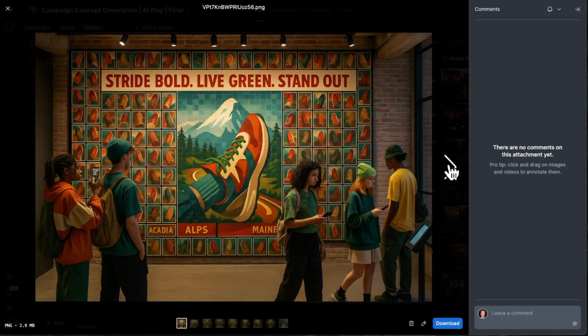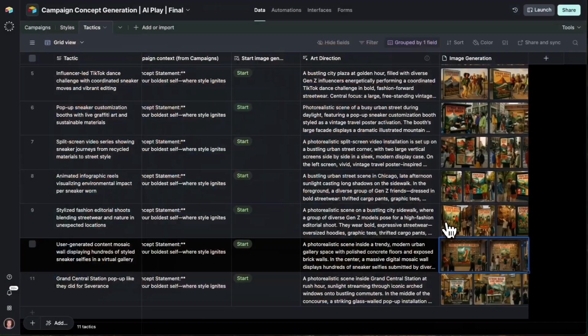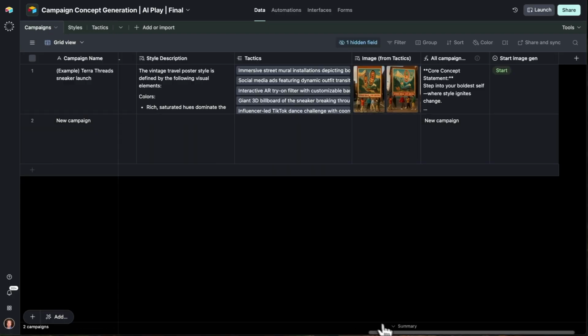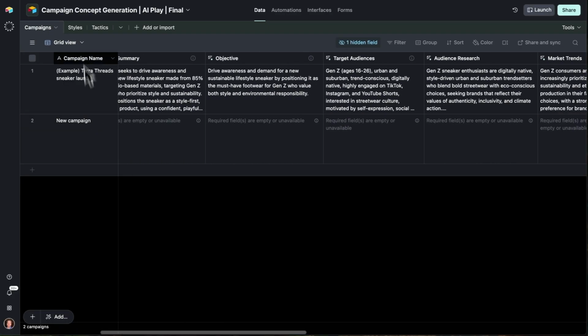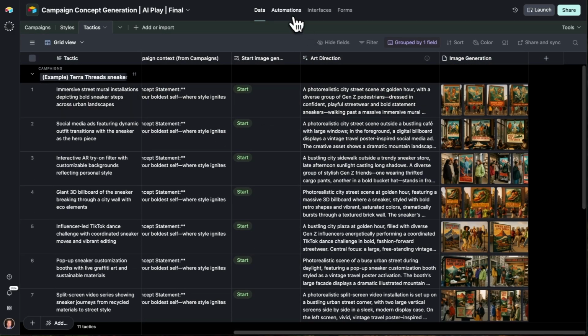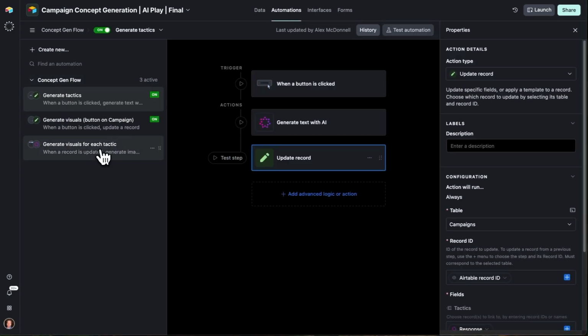And you can just generate so many ideas and really bring them to life so quickly with AI in this process. It's really fun to experiment with different campaigns, different styles, regenerate different tactics, and see what you can come up with. So just to complete the picture on how the final piece, the image generation, works,